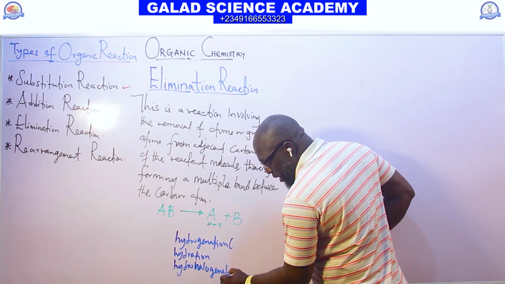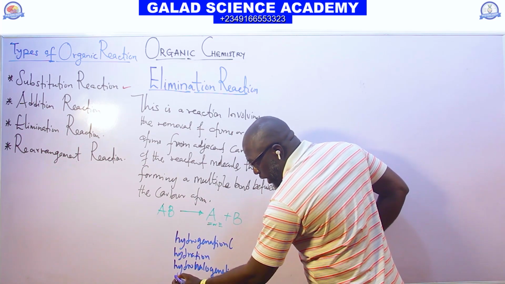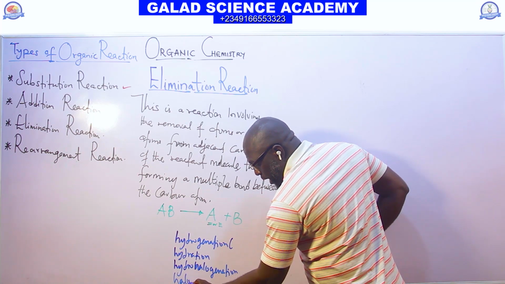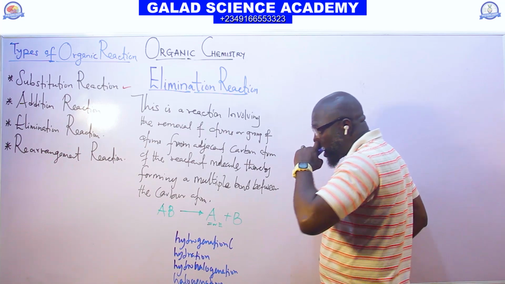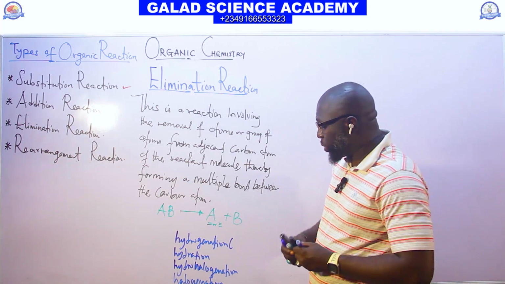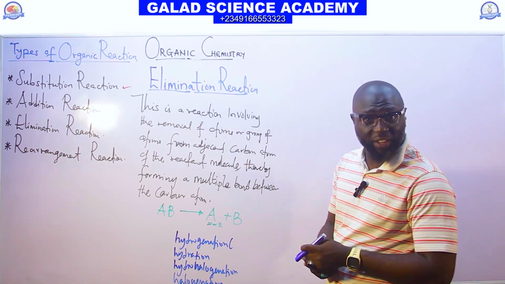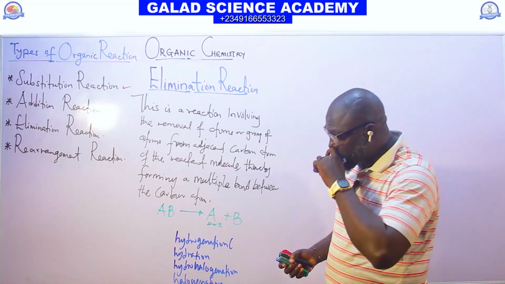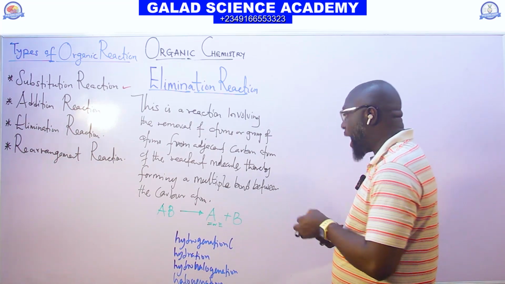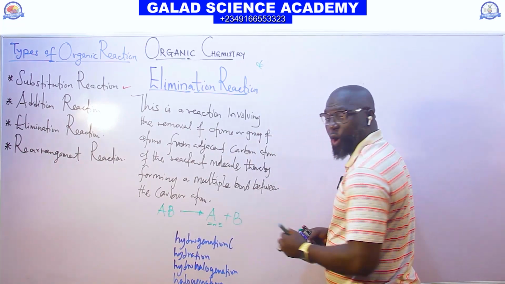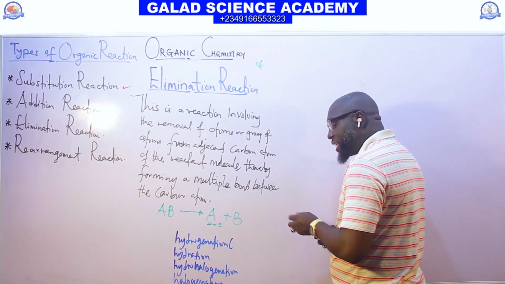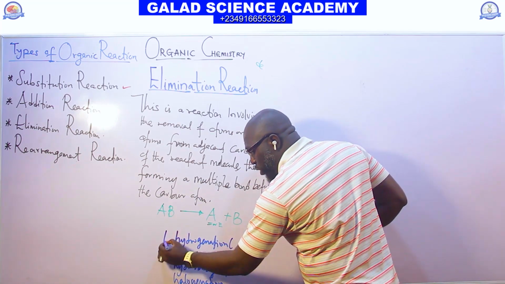Hydrohalogenation reaction. We also have halogenation reaction. If you could still remember, these are examples of addition reactions I gave you that time. So just add "de" to the prefix of all these reactions. If you add "de" to it, this one will become